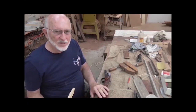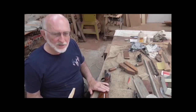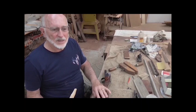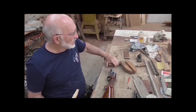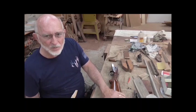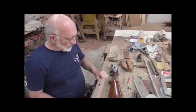Now I could sand this down, you know, just a few thousandths of an inch below this orange finish is red walnut. It'll look new if I just take the patina off of it. But there again, that devalues it. That wasn't in the deal when the man sent me this thing to work on. And so